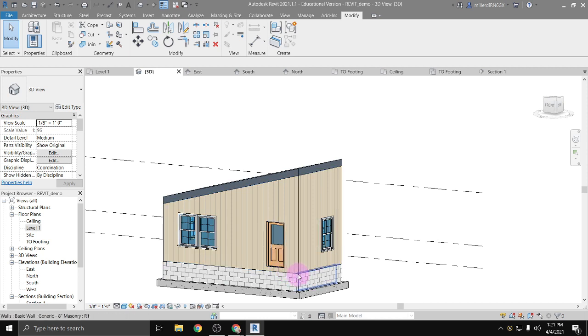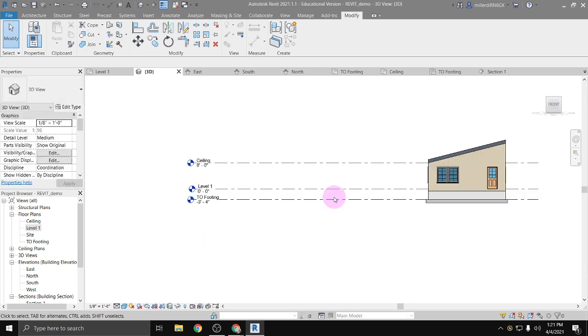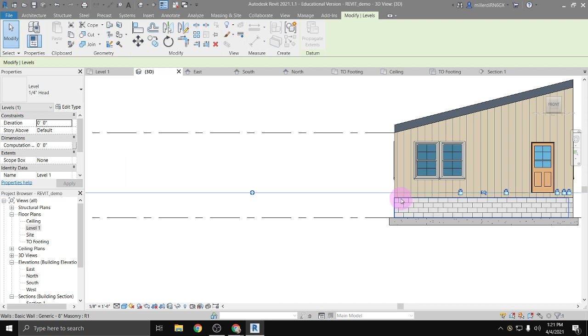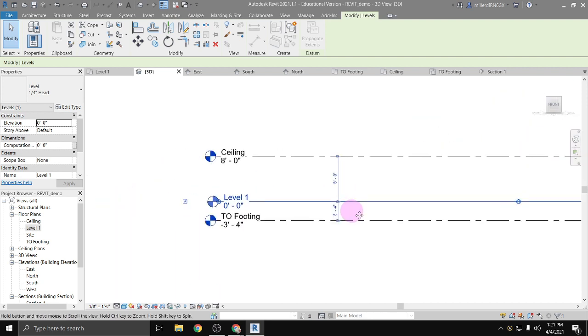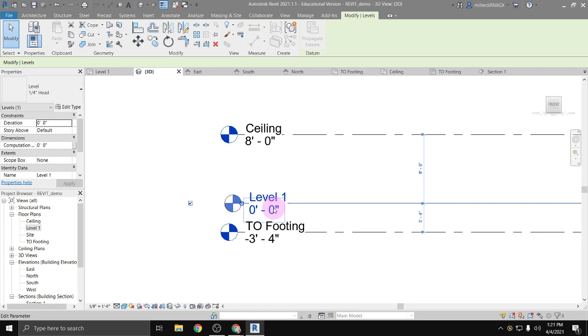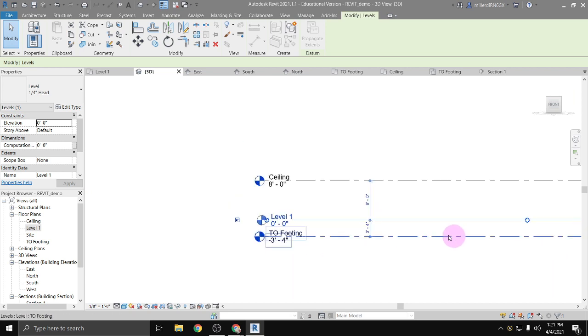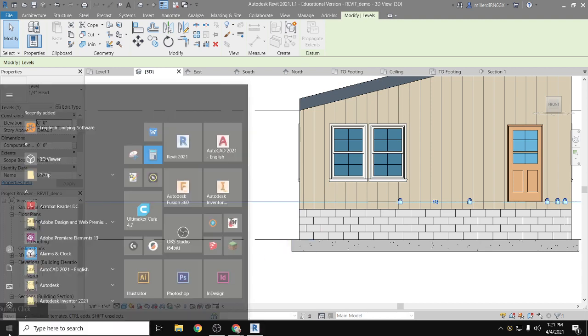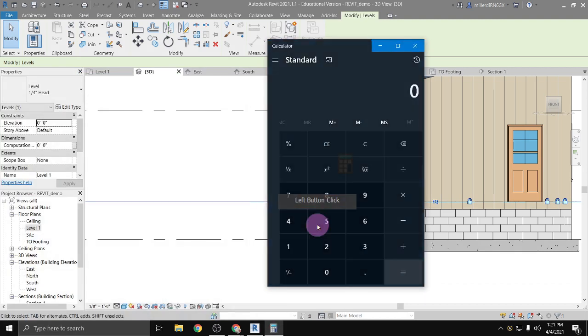And so the ground line we've established is 6 inches below where the foundation starts. So we have the top of our floor, which is at 0, 0, then 8 inches of floor, and then 6 inches of foundation. So we were going to have a little bit of foundation exposed to it. So that means our overall ground line is at -1 foot 4 inches. Let me just double check that, because